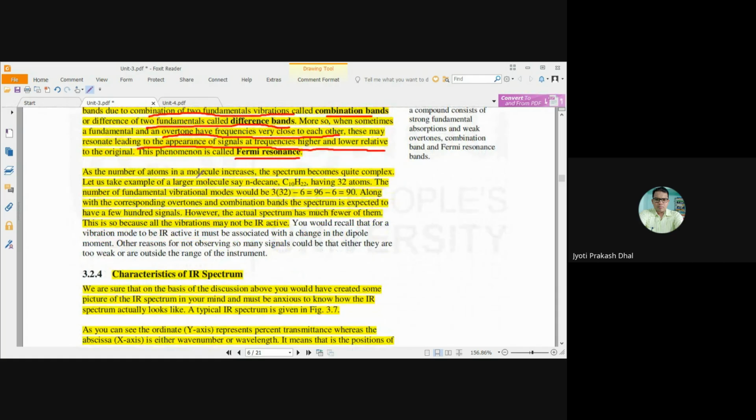As the number of atoms in a molecule increases, the spectrum becomes quite complex. Now let us take the example of a larger molecule, say N-decane, that is C10H22, having 32 atoms. Hence, the number of fundamental vibrational modes will be 3n minus 6, that is 3 into 32 minus 6, that is 96 minus 6, that is equal to 90. So that means for n-decane,